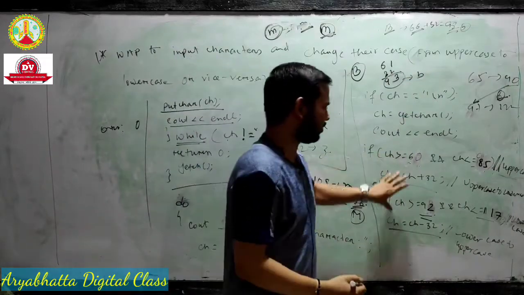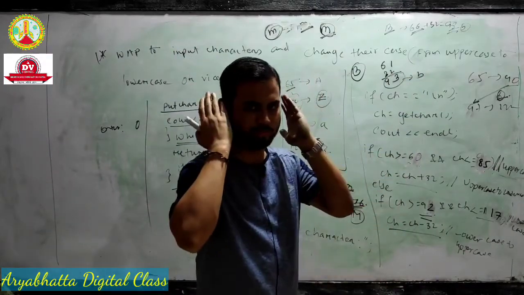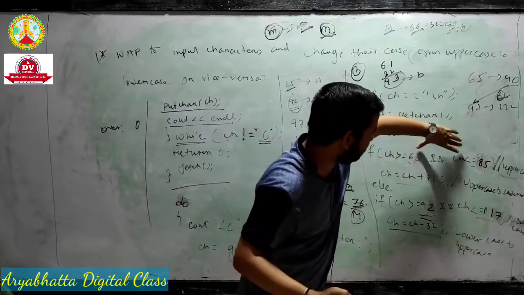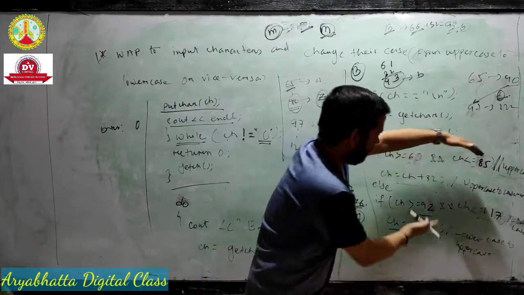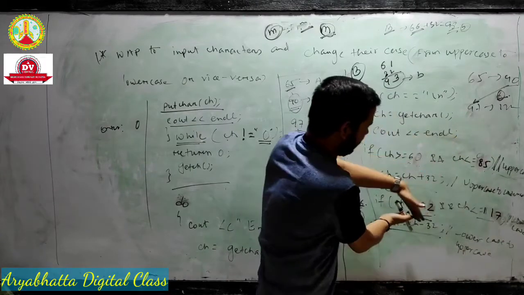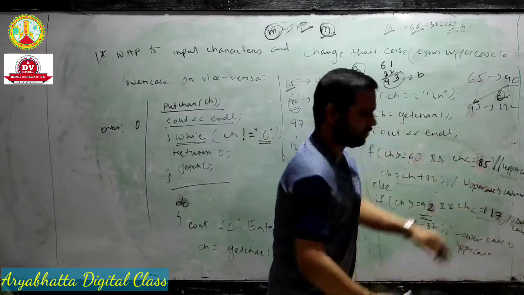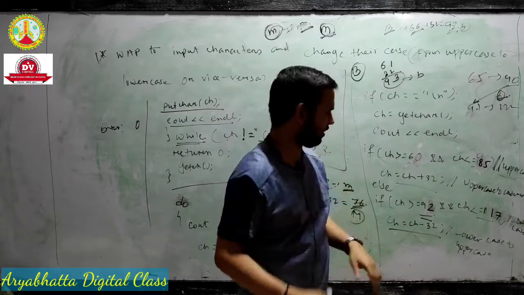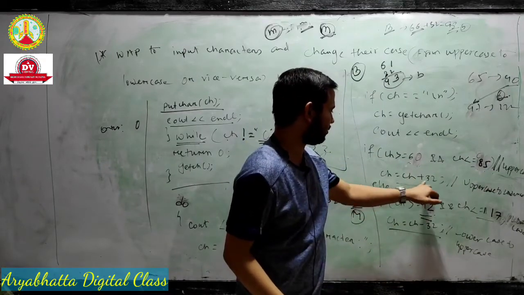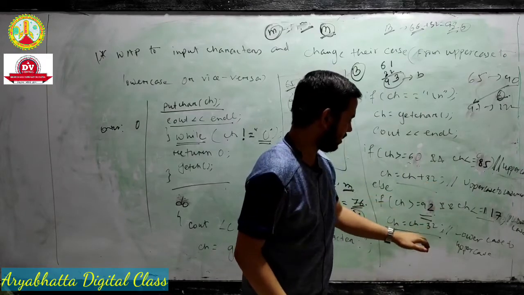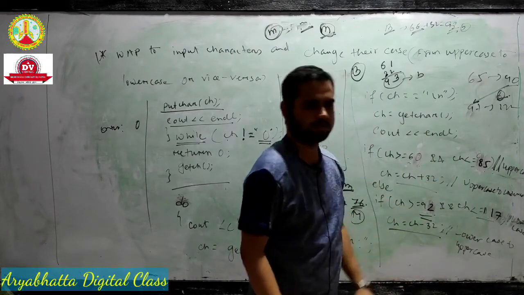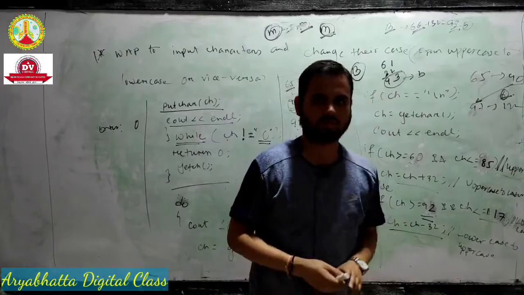This formula is optional. Just keep in your mind that this difference is 26, because the alphabet has 26 letters, and this difference is 7. You see, 92 minus 85 is 7. Just keep this in mind, and this will be the constant formula: 32 is added for uppercase to lowercase, and subtracted for lowercase to uppercase. Okay. Thank you.